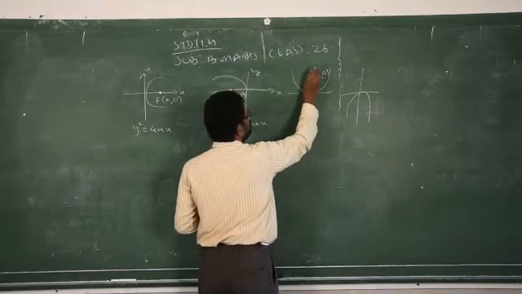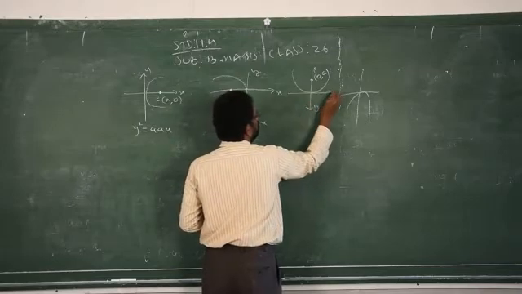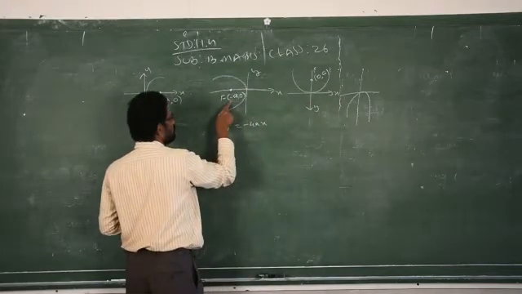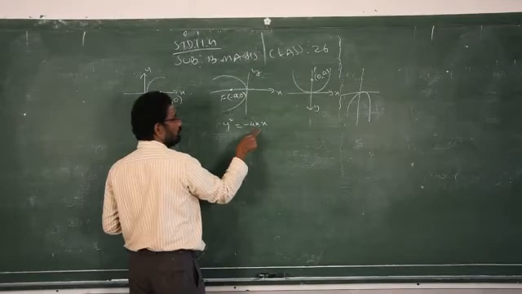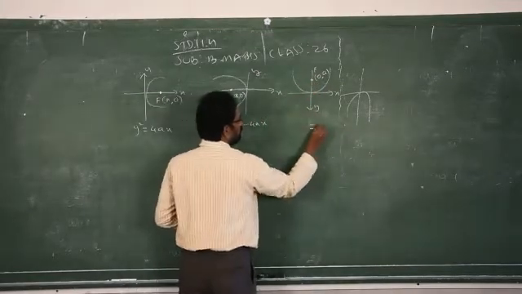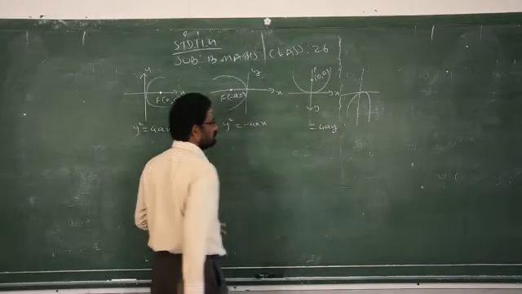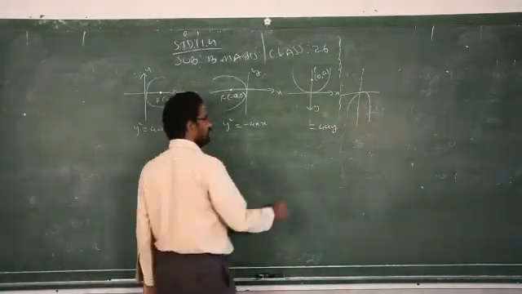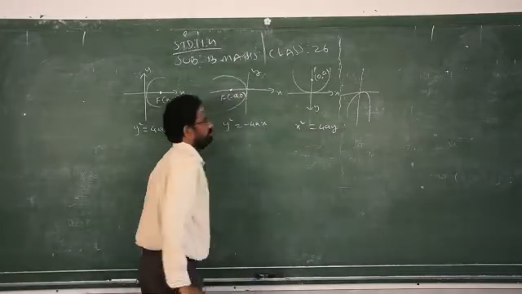So what will be the formula now? Focus on which axis? Y-axis. So here the focus is on the x-axis, so I was writing the x-axis along with 4a. Likewise, here the focus falls on which axis? Y-axis. Therefore, 4a you have to write with the y-axis. Then which axis is left? x. So that is x square. That's all.